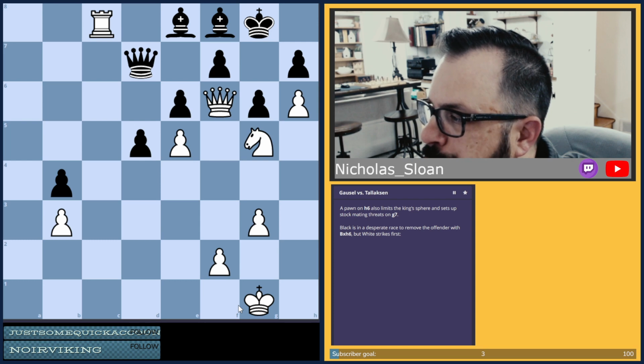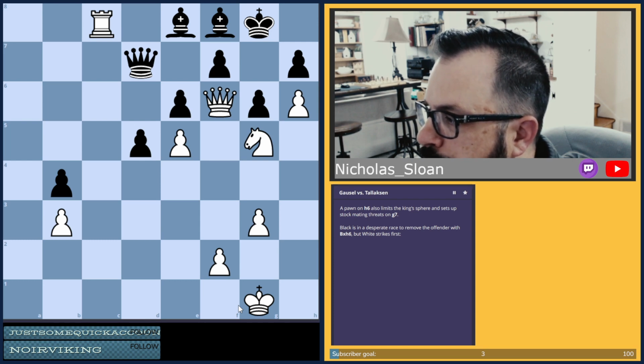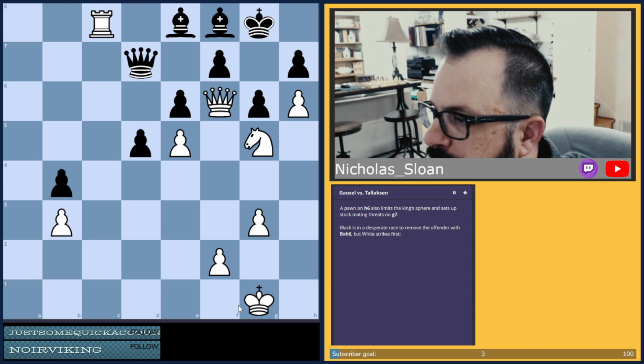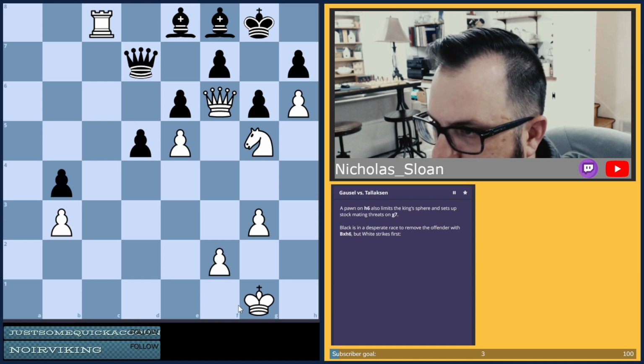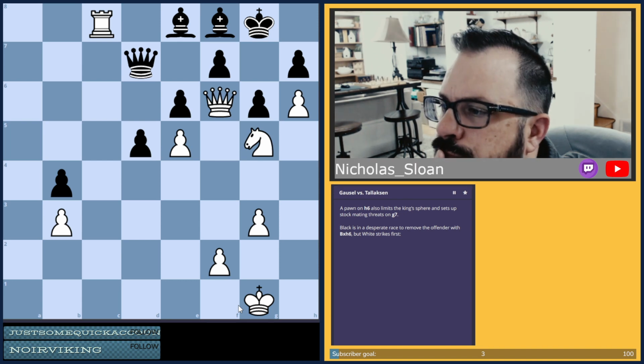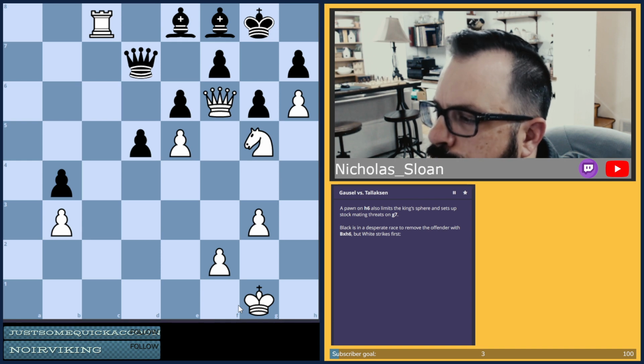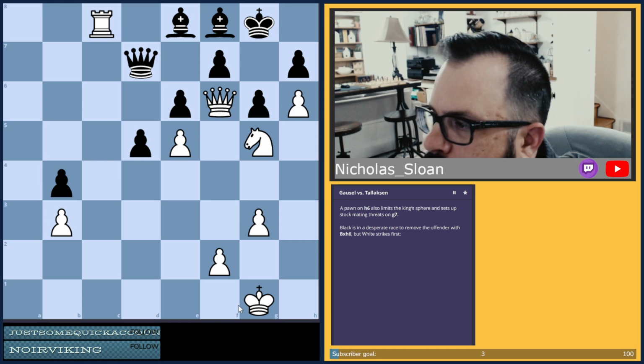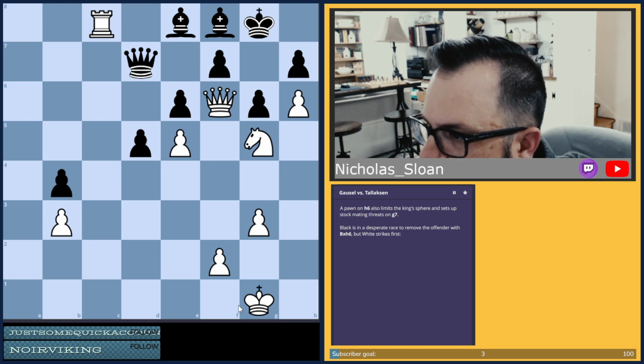Black is in a desperate race to remove the offender with bishop takes h6, but white strikes first. Okay, bishop takes h6 is the threat.